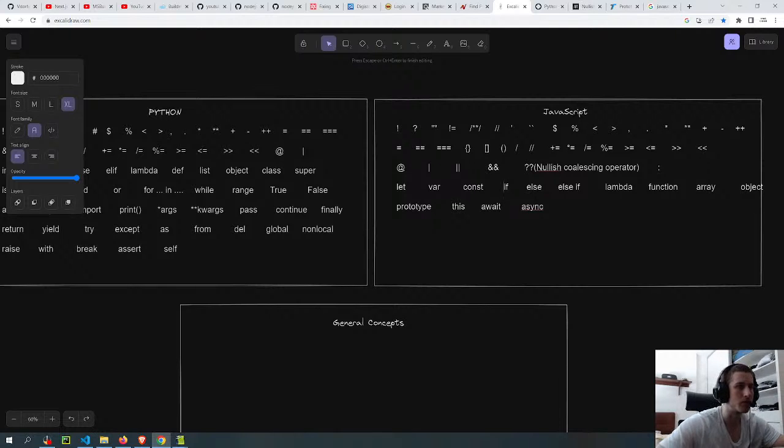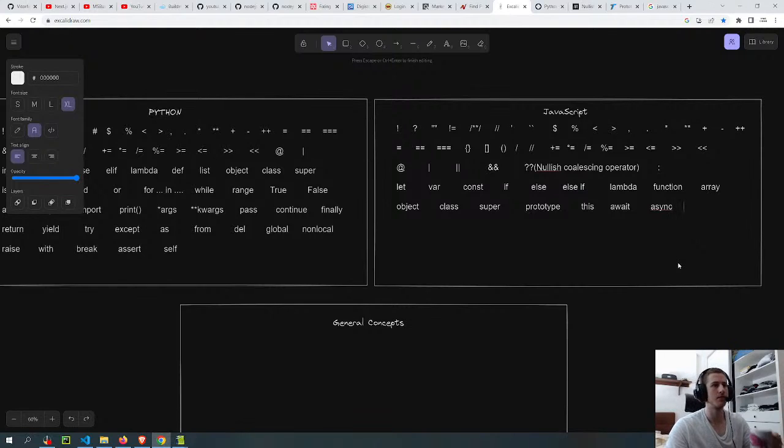So if someone wants to know what it is, they can search for the expression instead of trying to think about ways to search for this. Oh, I forgot this semicolon thing.